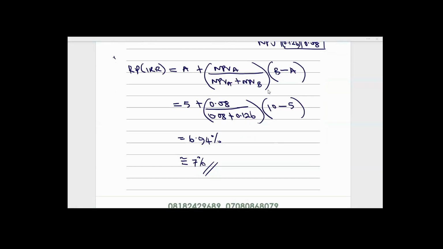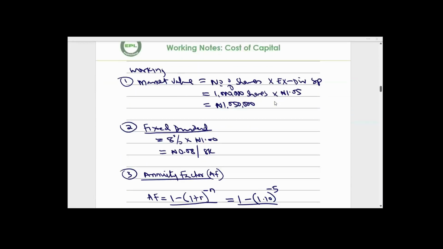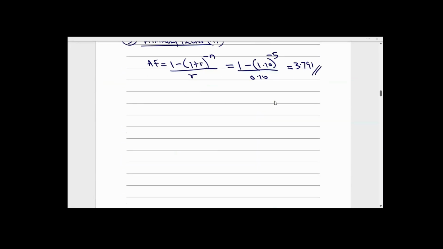It's a discount factor. Discount factor is 1 plus r raised to power minus n. Let me show you. Discount factor, denoted as DF, is calculated as 1 plus r raised to power minus n. For example, the first one where we have 10% discount rate. So r is the discount rate, n is the number of years.